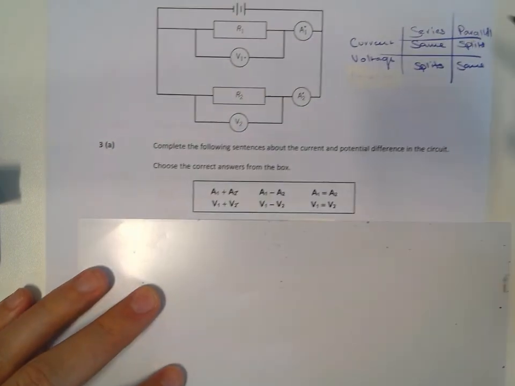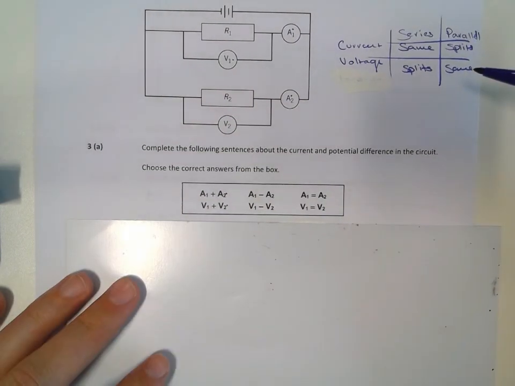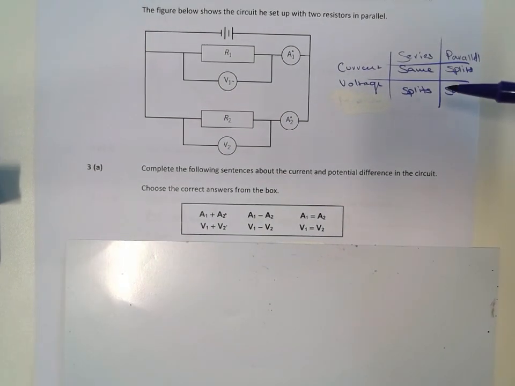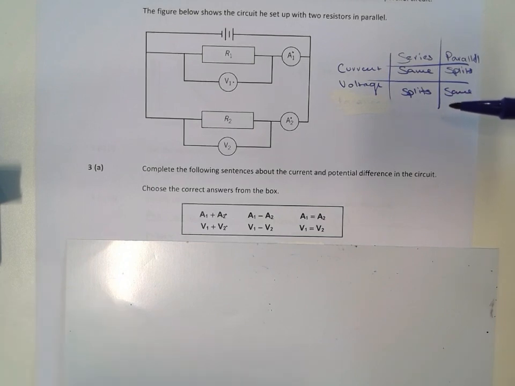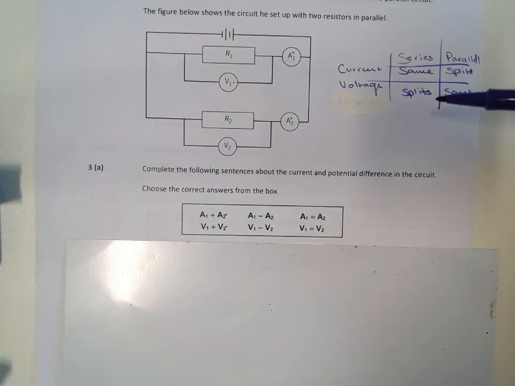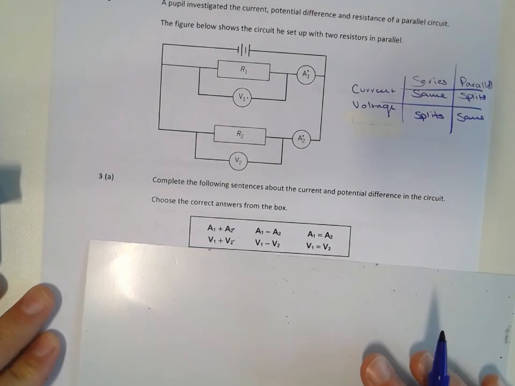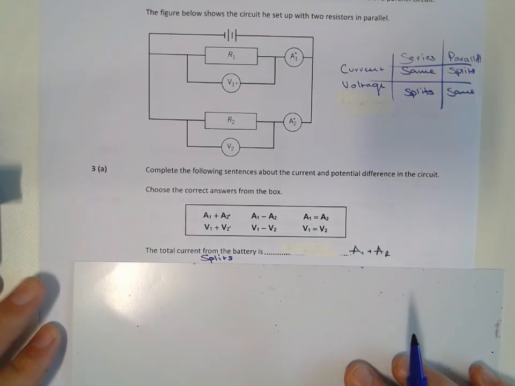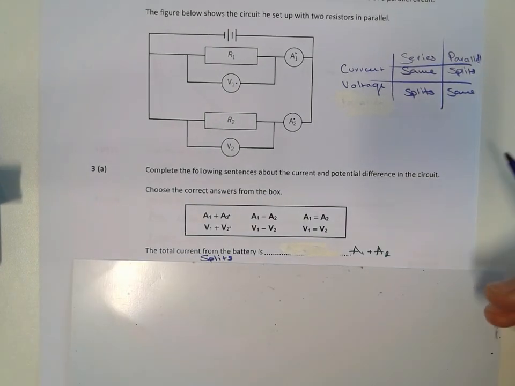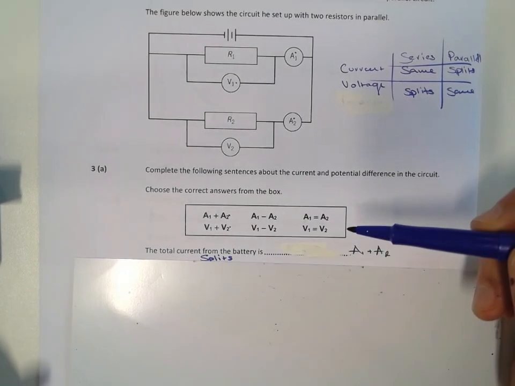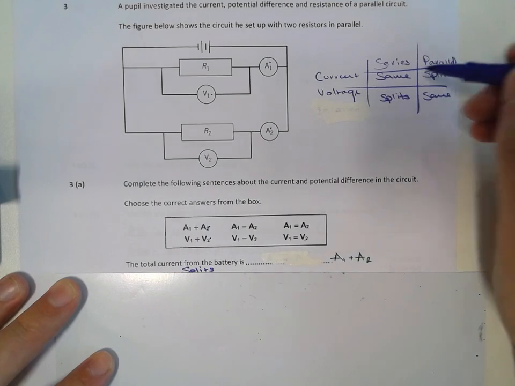Now, you need to know these rules when it comes to looking at circuits and thinking about current, potential difference and resistance, which we'll look at very shortly. So when you know the rules, it becomes a lot easier. The first question is, the total current from the battery is, well, it wants to know the total current from the battery. So if you knew that in a parallel circuit